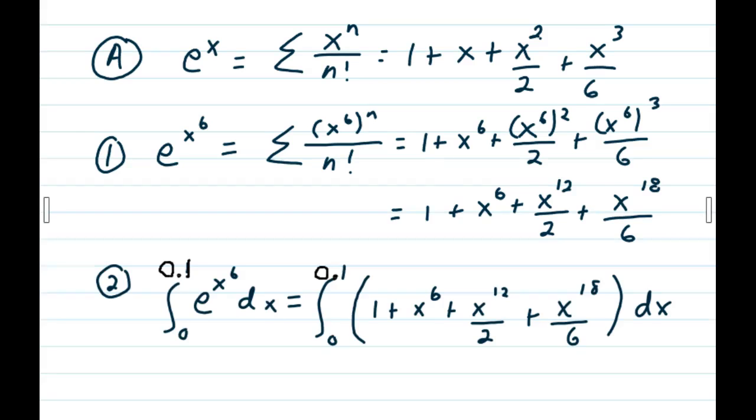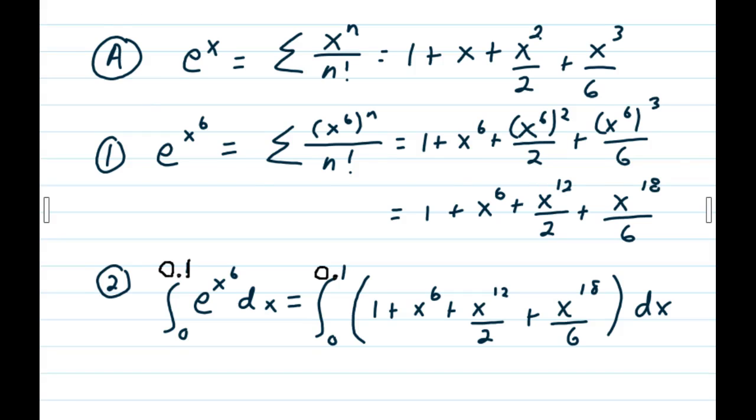What this process allows us to do is integrate something that's impossible to do by hand. So here we have an integral from 0 to 0.1 of e to the x to the sixth dx, and we can't integrate that by hand. So instead, we can integrate the polynomial that we discovered in problem 1. So we take the integral from 0 to 0.1 of 1 plus x to the sixth plus x to the 12th over 2 plus x to the 18th over 6, and we can integrate this by hand by using a